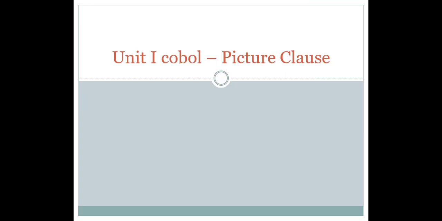Good morning, students. Now we are going to discuss the PICTURE clause of Unit 1, COBOL programming language. This picture clause is very important in defining data names, their positions and their values while processing in the procedure division, or the statements under the procedure division of your program. So you have to include appropriate picture clauses in each and every part of your program under the data division. So what are the things that you're going to include under the data division?